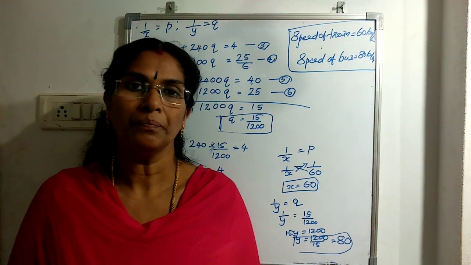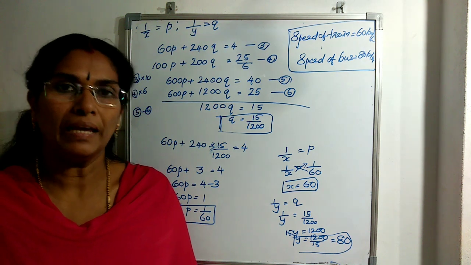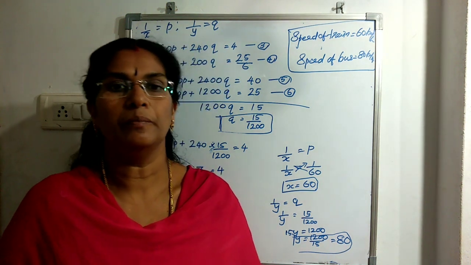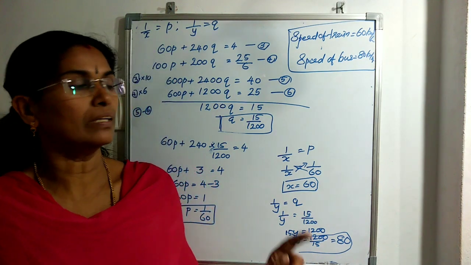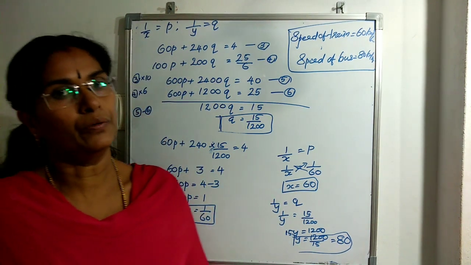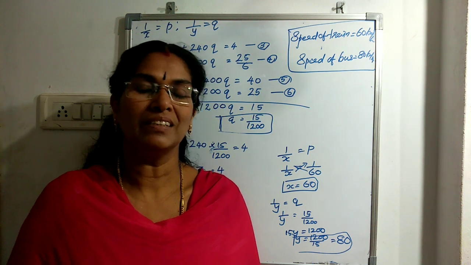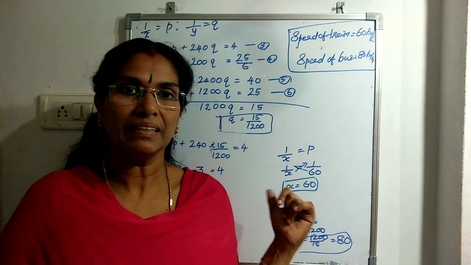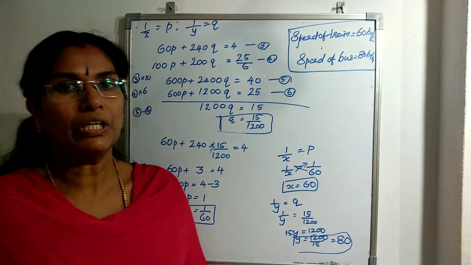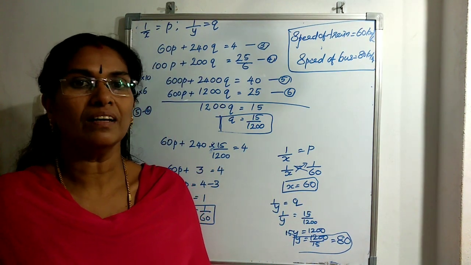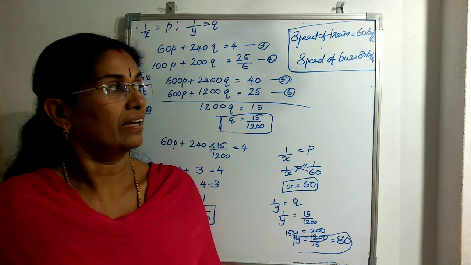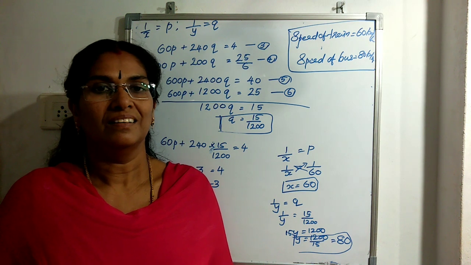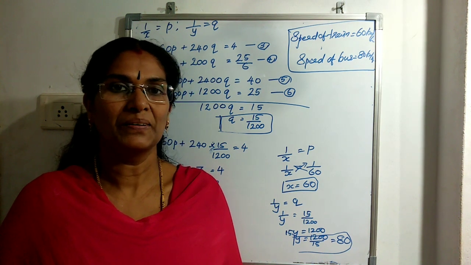So in the word problem, you have to form a linear equation or another equation we want to find. After that, it will make it as a linear equation. According to the condition, you have to make the equation. So you have to know about the relation between distance, speed and time. So applying this, we are finding two equations. After that, we are solving and find the value of x and y, that is speed of the train and the speed of the bus. Easy? Okay.